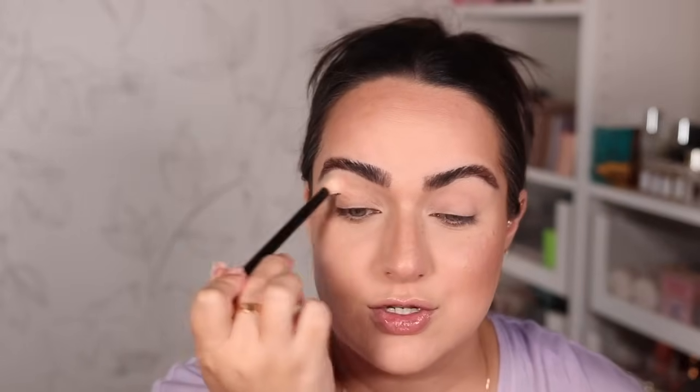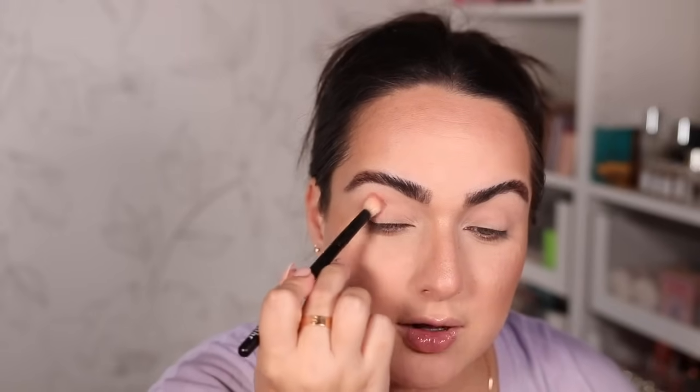And as you can see, that shade Flamingo is blending right into my skin because it's basically the color of my skin tone. So I'm just using it as a base for eyeshadows to come. Since it's a base shade, I'm actually going to do it on both eyes, even though my eyeshadow looks will be different. I'm going to grab the shade Andy, which is this stunning cool tone rose, and I'm going to